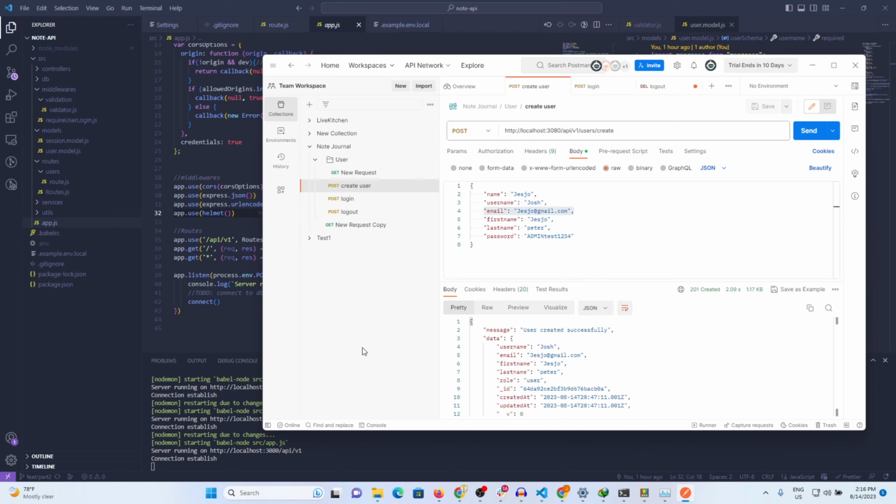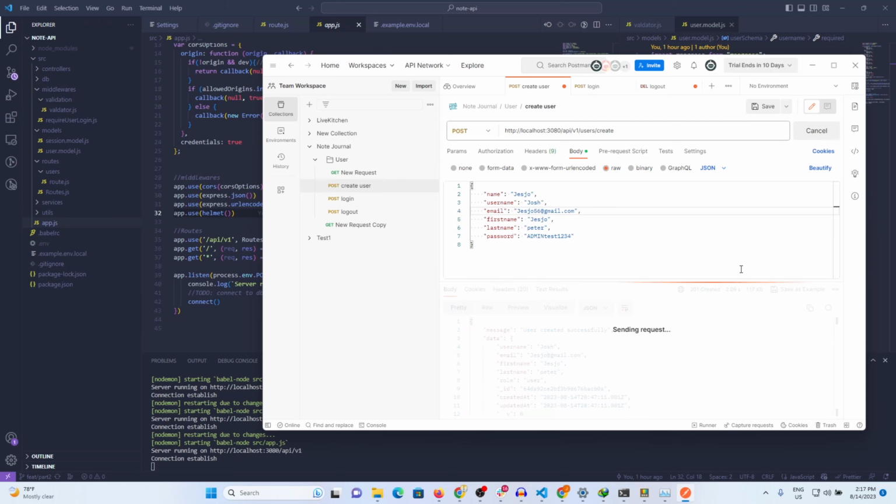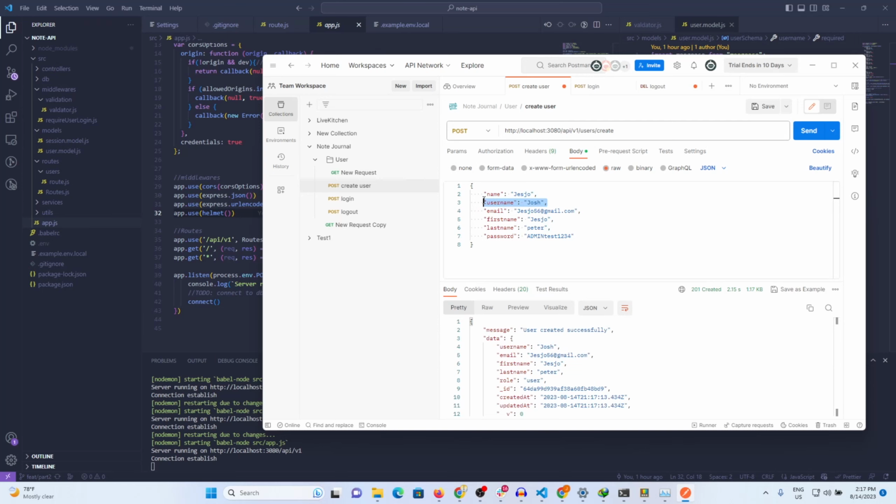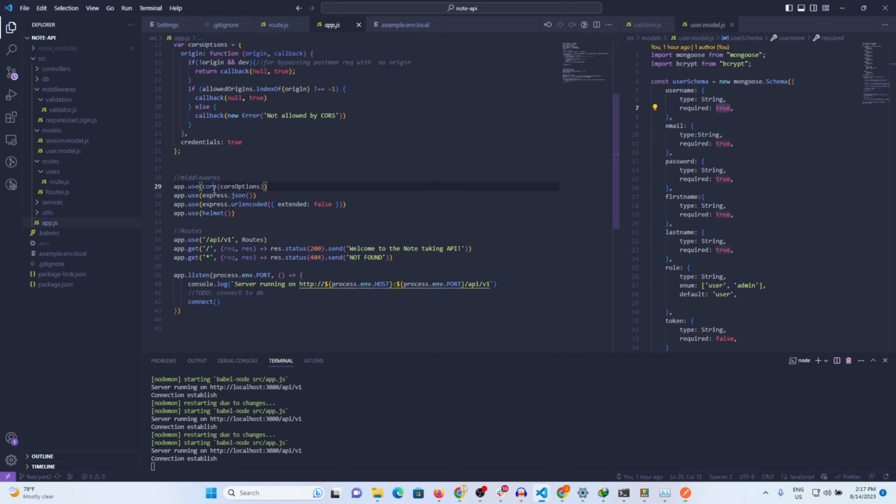Currently this is our server, so we can create a user now, and I can just change this to 56 because the email must be unique, and send it to the backend. So we get the user back without the password, but there is a problem here. There's this user field, we didn't define it in our route